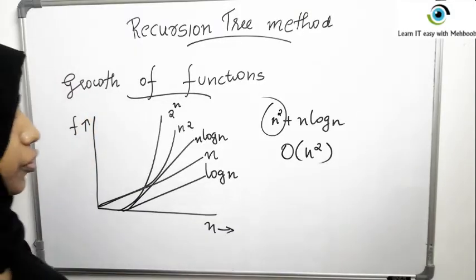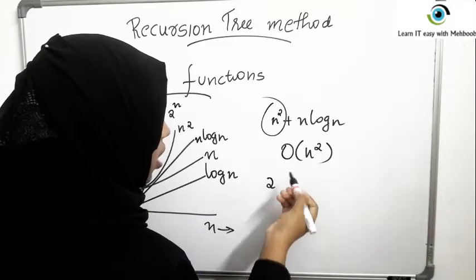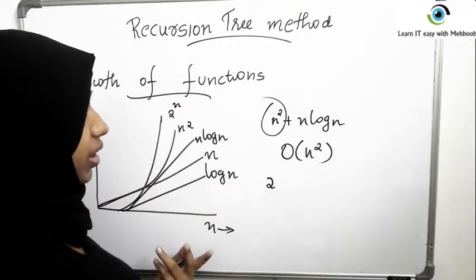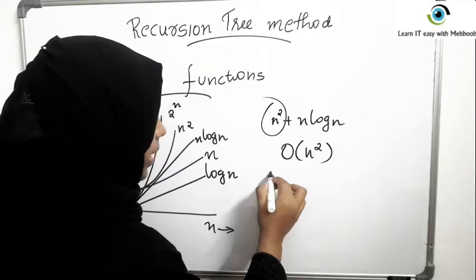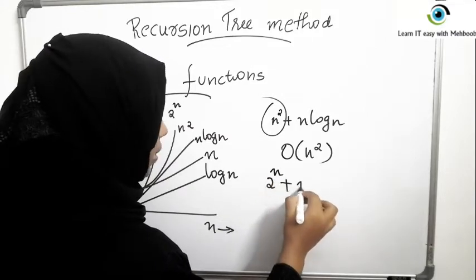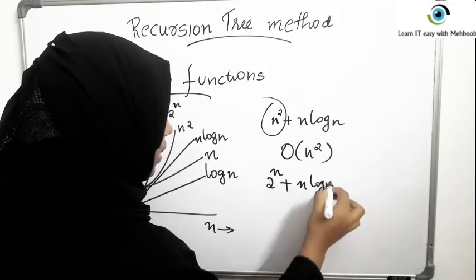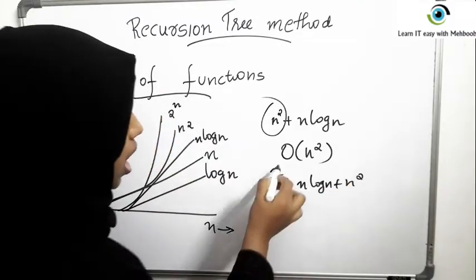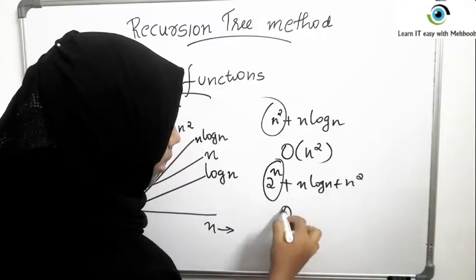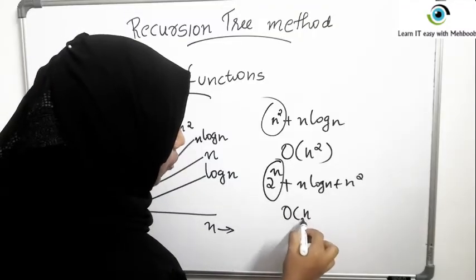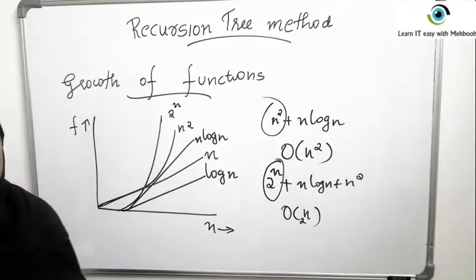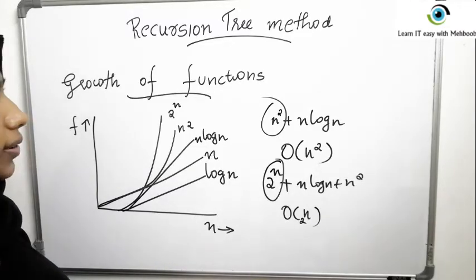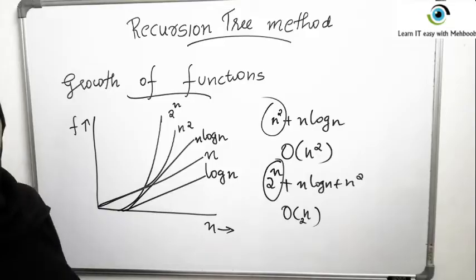That is, if your expression is something like the frequency count, or the last step of iterative or recursion tree method, what you get is 2 raised to n plus n log n plus n square. You should be understanding that 2 raised to n is the highest value function of n, and hence the complexity is order of 2 raised to n. That's it. So you may note this down. Now we will see the recursion tree method.